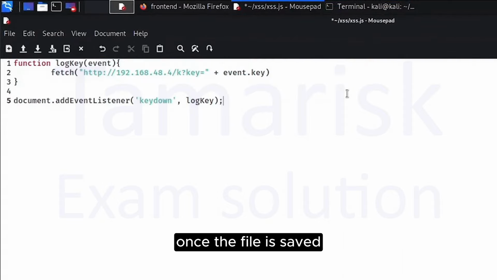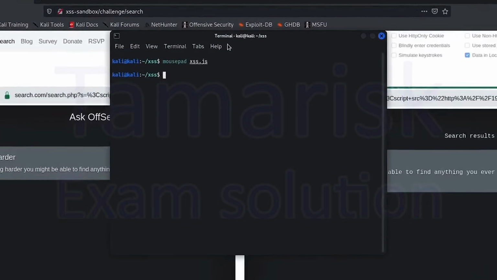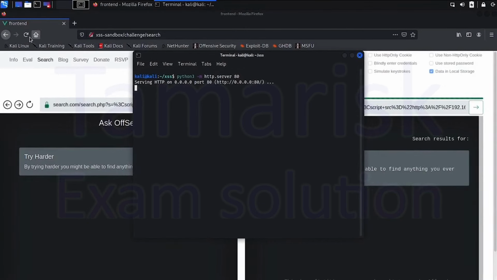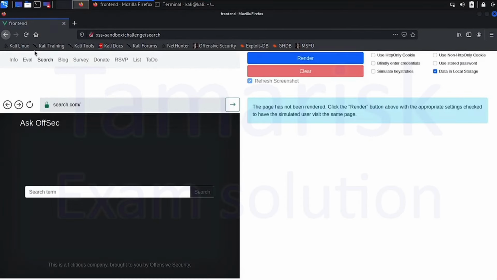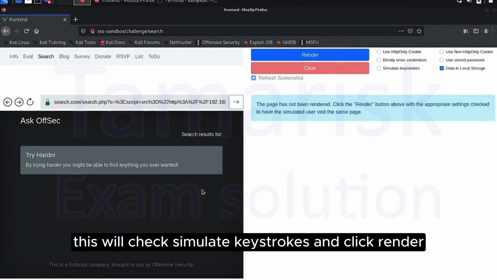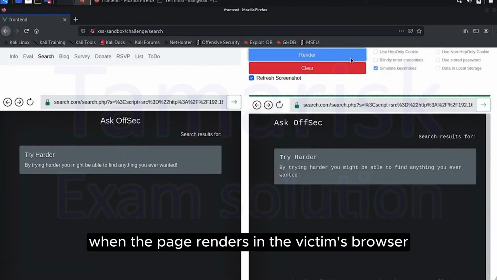Once the file is saved, we'll check Simulate Keystrokes and click Render. When the page renders in the victim's browser,